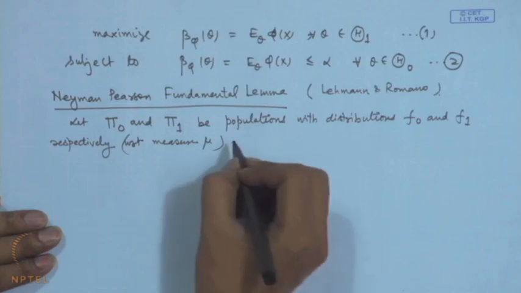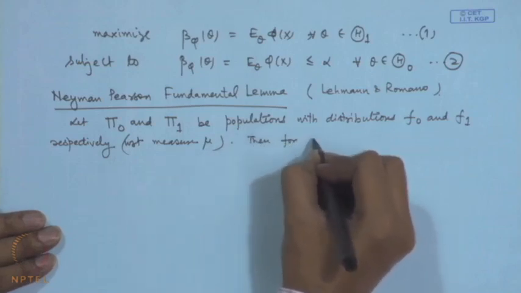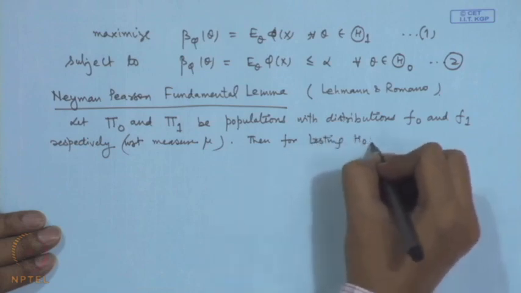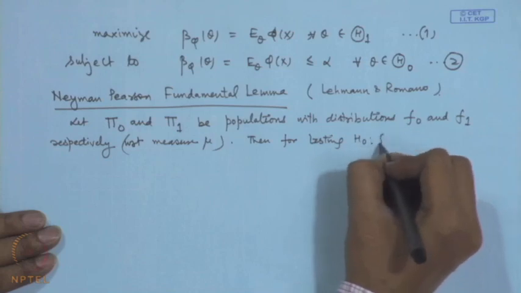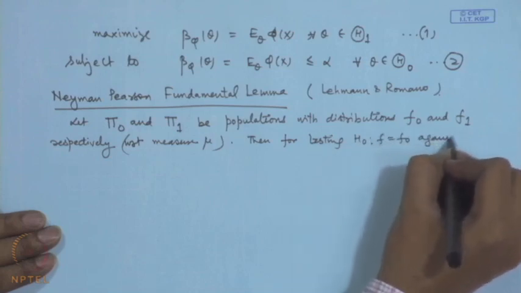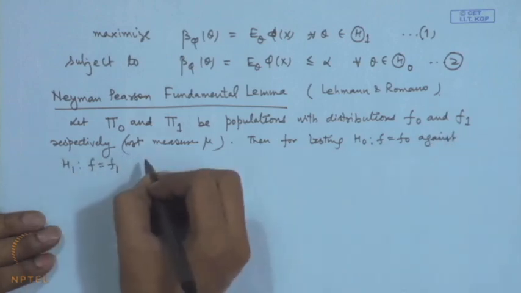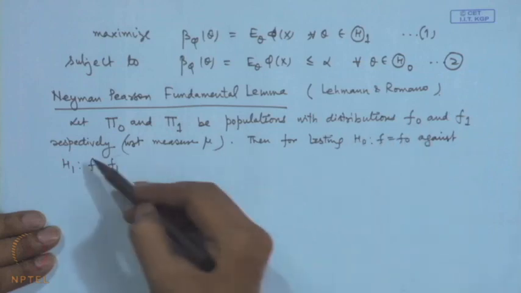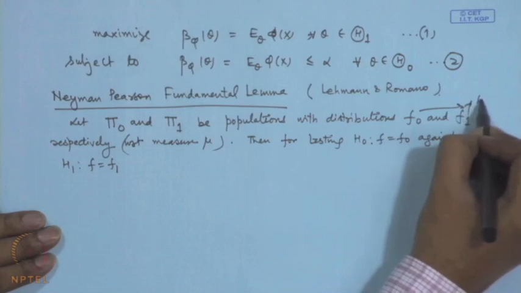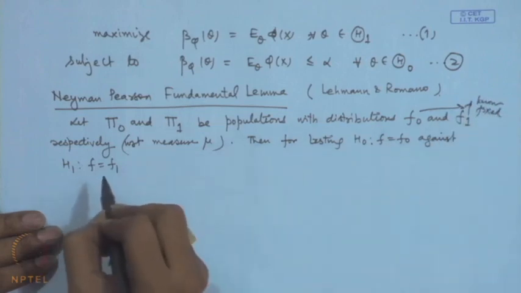Then for testing H naught, that is f is equal to f naught, against the alternative H 1, f is equal to f 1, that is the simple versus simple hypothesis case. So, these f naught and f 1 are known, these are fixed. Okay. So, for this hypothesis problem,